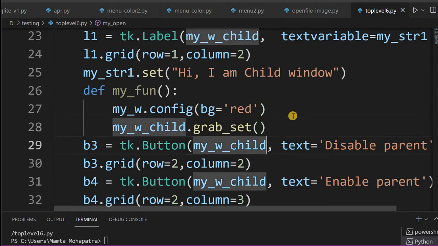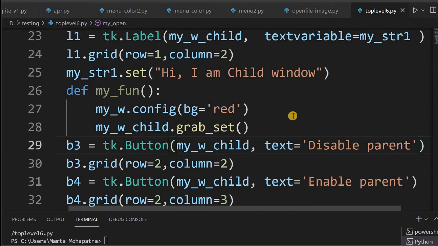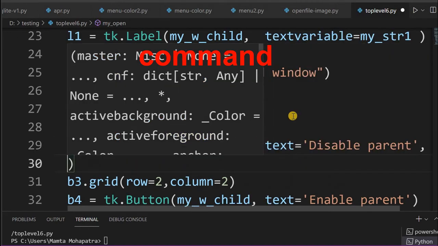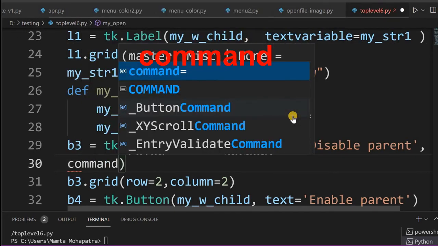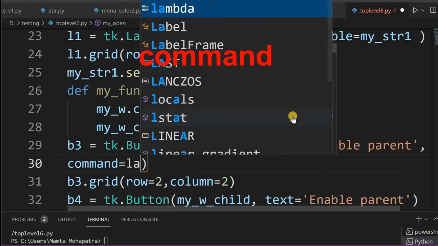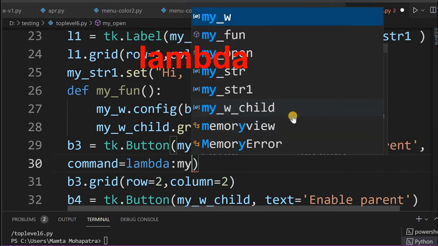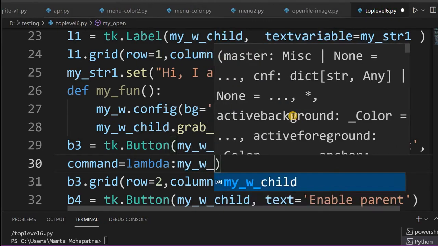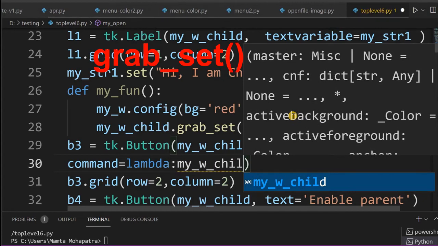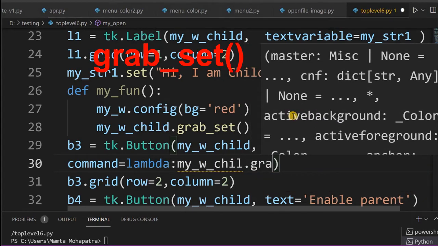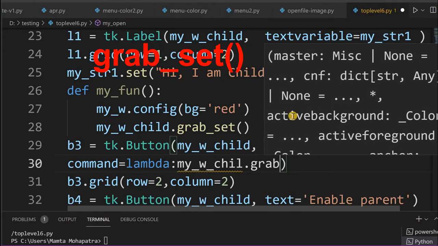Now coming back to B3 and B4, the two buttons in our child window. First we'll add code to B3, disable parent. I am just adding a command to this. Command equal to lambda, then my w child, this is my child window, dot, the method I am using is grab set.